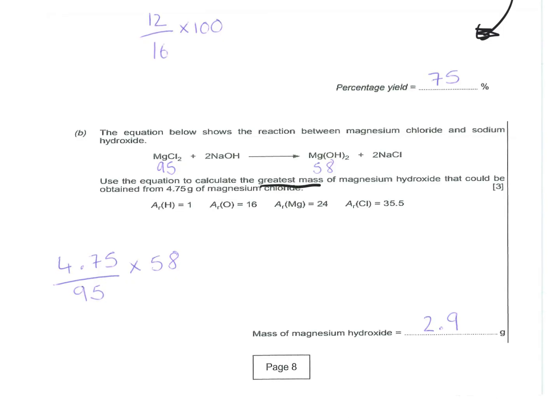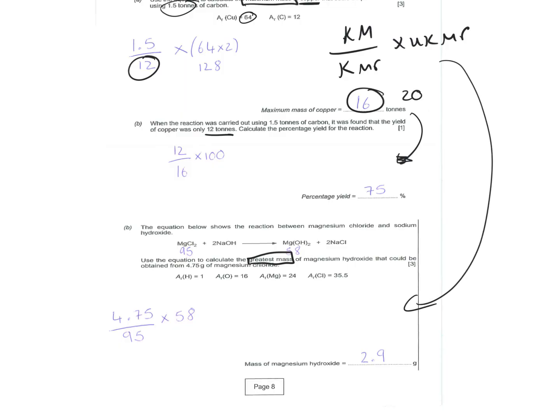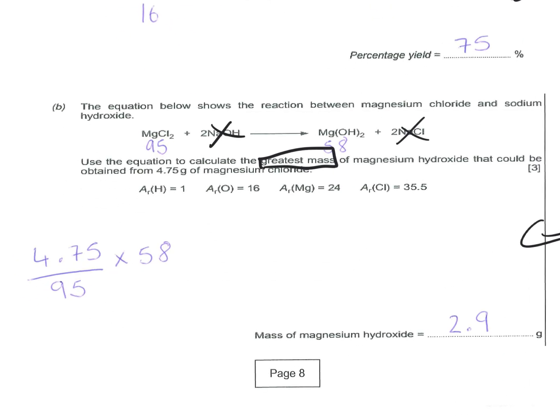Again, the greatest mass, that's how I know it's reacting mass. I can use that equation from up here. As you can see, cross that one out, I don't need it. I've worked out the MRs, which is mostly the hardest bit. You know how to do that. They gave me a mass of magnesium chloride, so 4.75, divide by 95 times by the 58. So very similar question that you will be